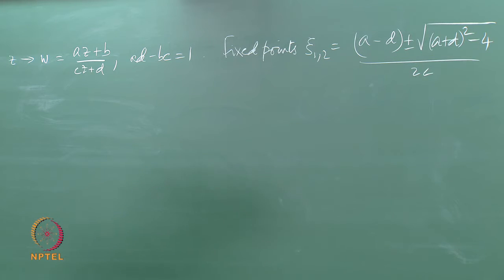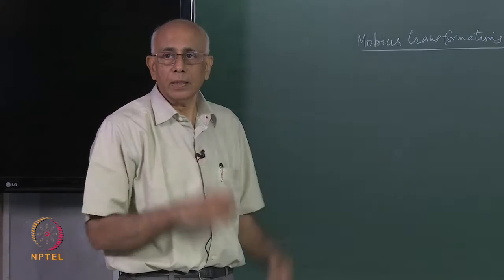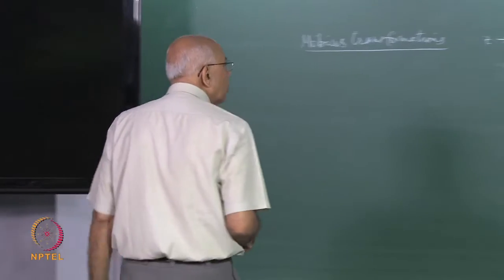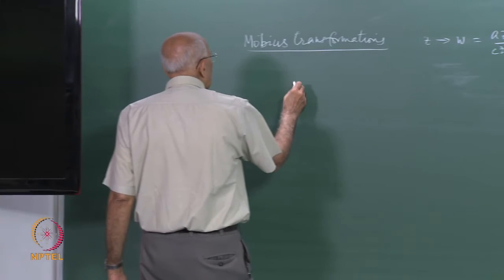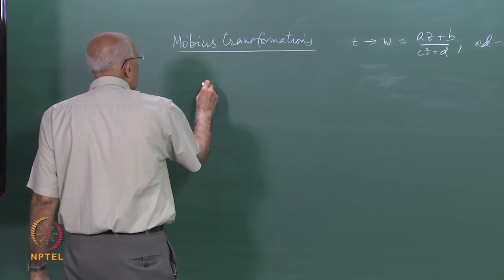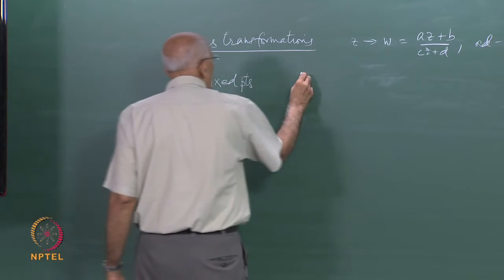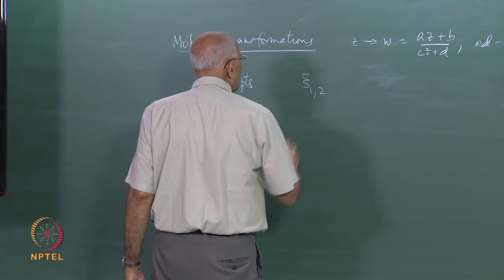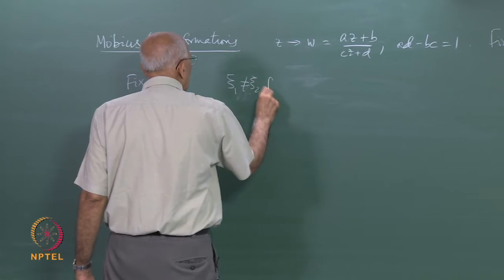Now, when a plus d is plus or minus 2, then of course the 2 fixed points coincide at the point a minus d over 2c, provided c is not 0, and when c is further 0, then you have a linear transformation. So, we found 4 ways of classifying these transformations, and type 1 was, so let's write down fixed points, and type 1 had xi 1 to distinct and finite,